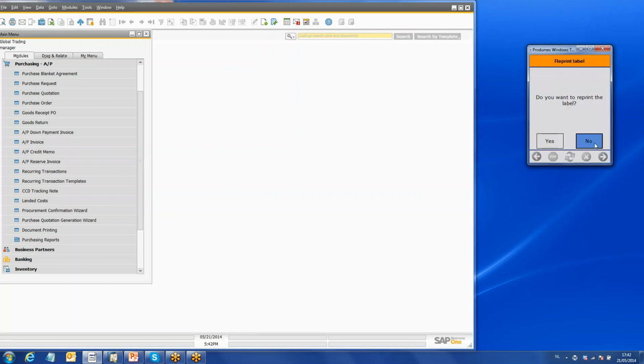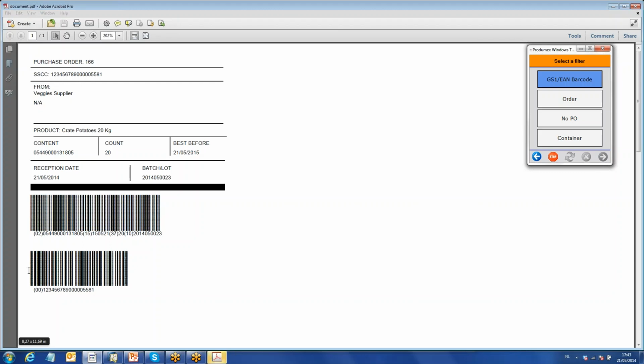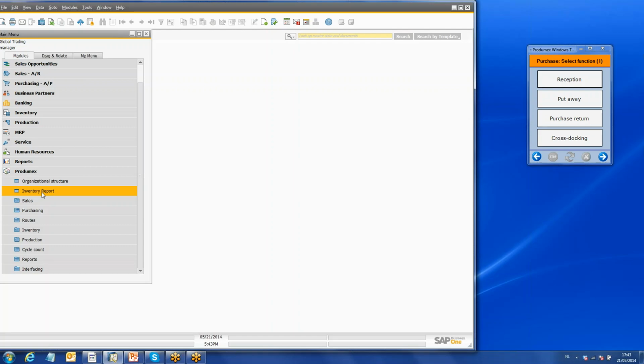Again, it is going to provide me with a pallet label, where it indicates the unique identification of the pallet, and again the information that I have defined that should be captured. Now again the system has generated a put-away order, but I will not do this put-away, it's the same process. What I will do now is go to the inventory report